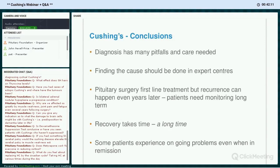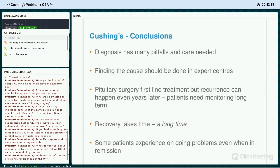The point is that people vary and it can take time, and it's just important that all of the things that can be treated and monitored and altered are done as precisely as possible. Thank you. And that actually leads quite nicely on to the next question, which is: someone has had one adrenal removed